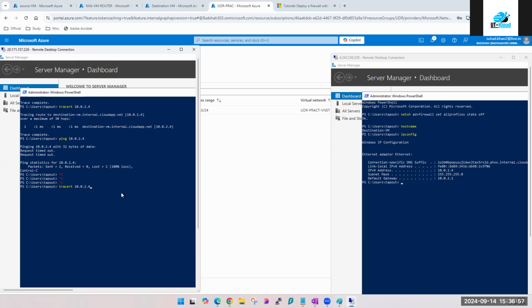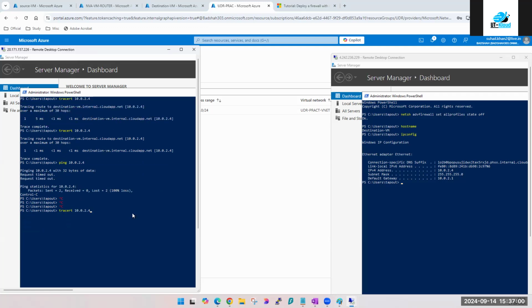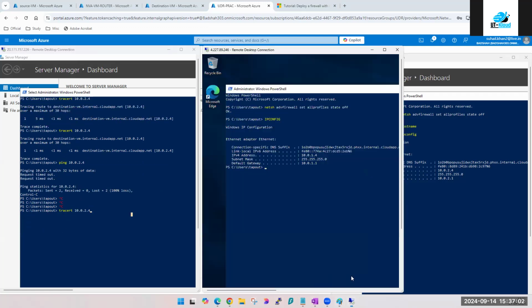Again, it is not working. Why not? Because it is just a router. As of now, it is a simple router. Just because we named it a network virtual appliance, is it going to work as a network virtual appliance? No. So we have to configure it.